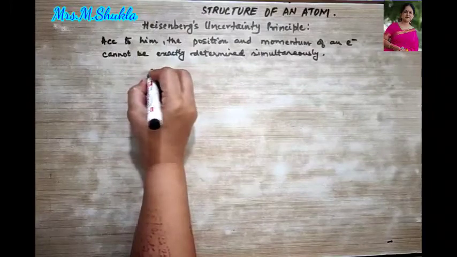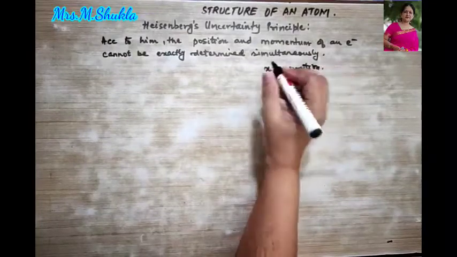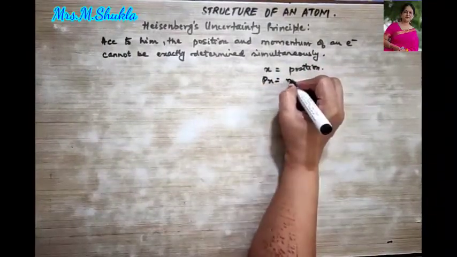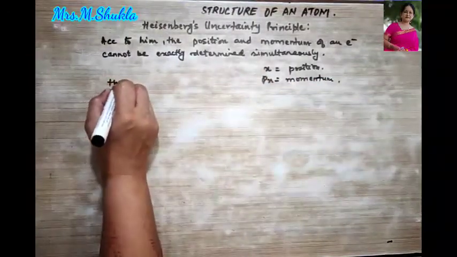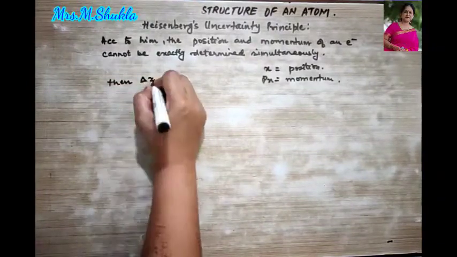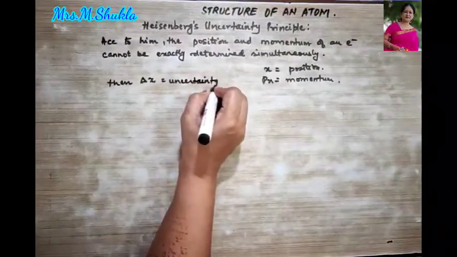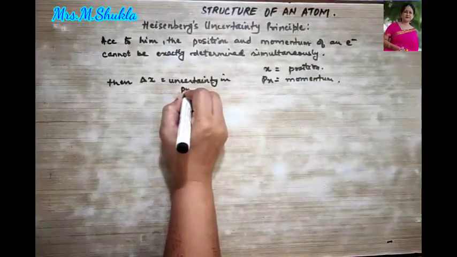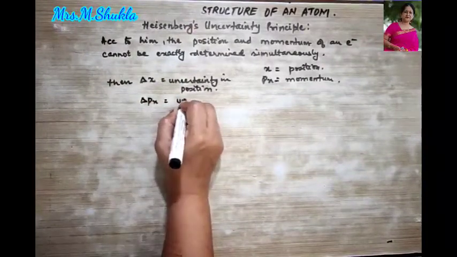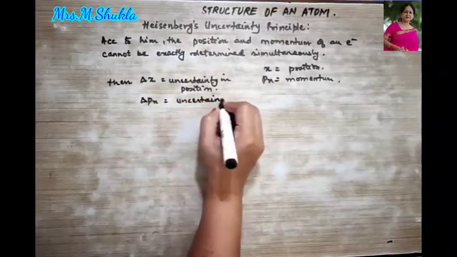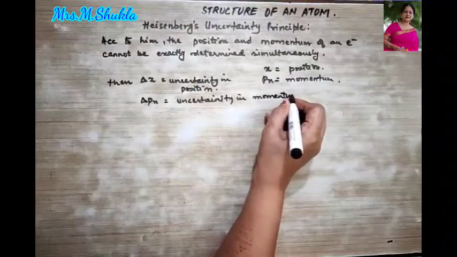According to him, if we denote x as the position, and px as the momentum, then delta x can be termed as the uncertainty in position, and delta px will be what? Uncertainty in momentum. Okay, then